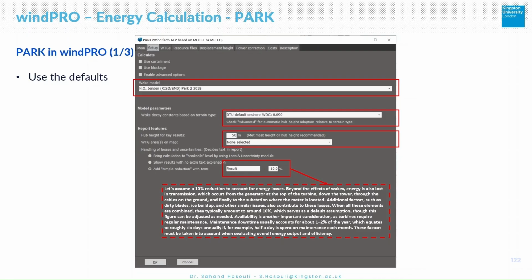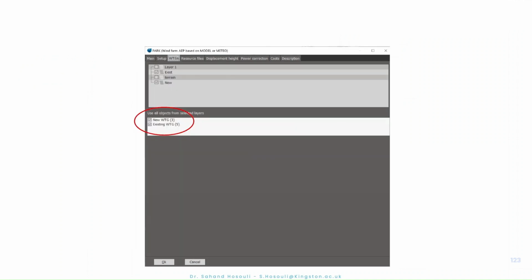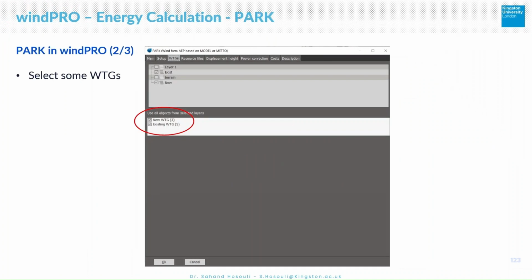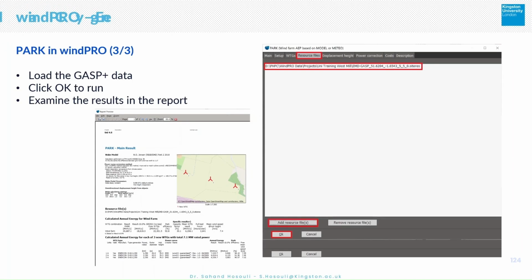So it could be lost in other areas as well on top of the wake loss, such as dirty blades, ice buildups, and other similar issues that will result in an extra loss. And when we take all of these into consideration, it would account for around 10%. We're going to select our wind turbines as we did in the previous sections. And finally, we will download and load the GASP data, the Global Atlas of Setting Parameters, and then we will use that for our